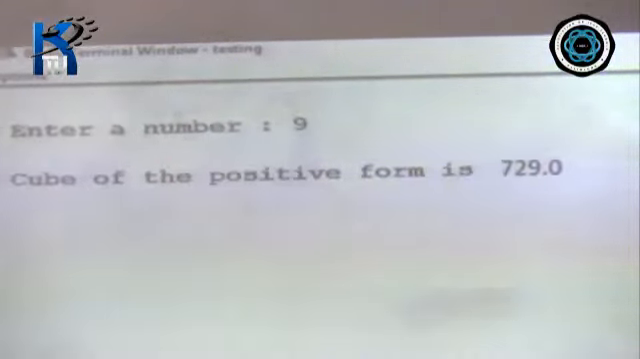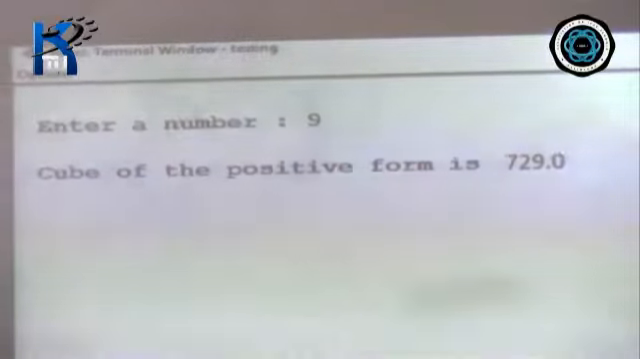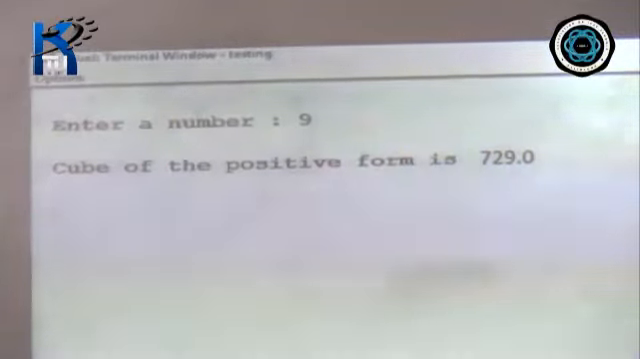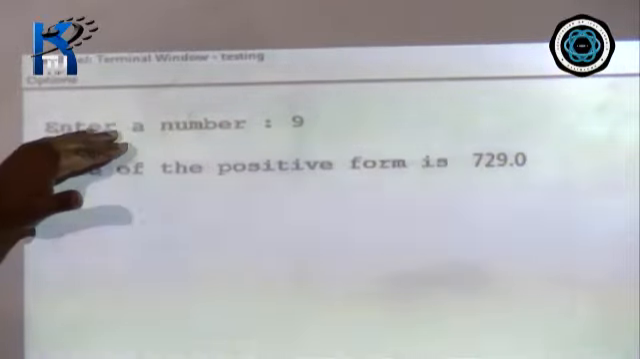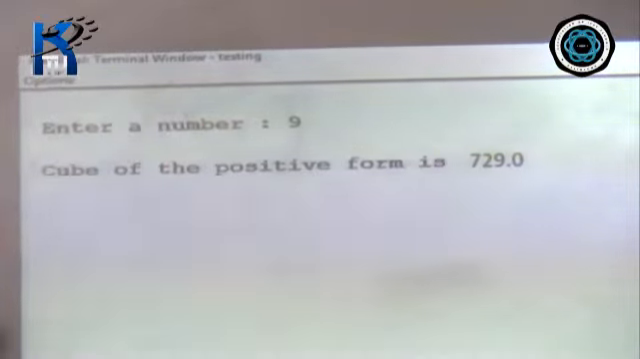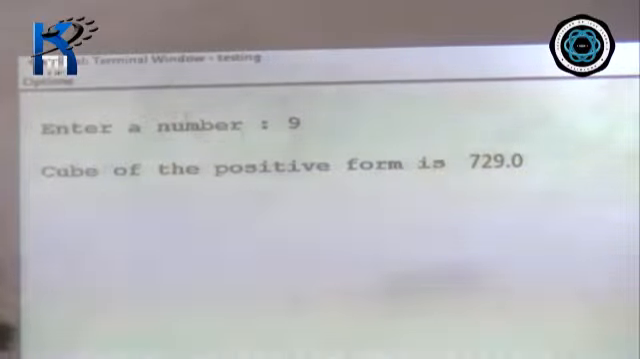Let's give 9. So the user gives 9. Here only 9, that means it is a positive 9. So the cube of the positive form is 729. So 9 cube, 729. Okay. Here what had happened is, since the user has given 9, the value of v is 9, positive 9. When it goes back,